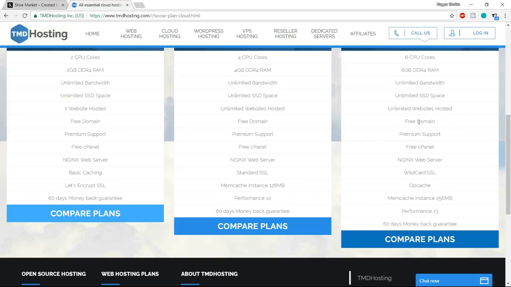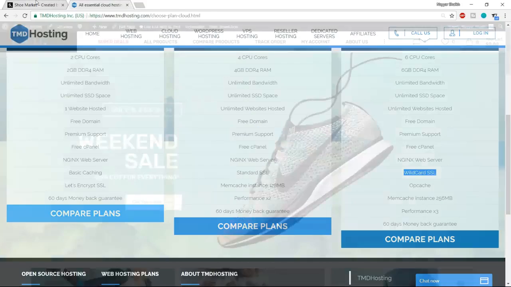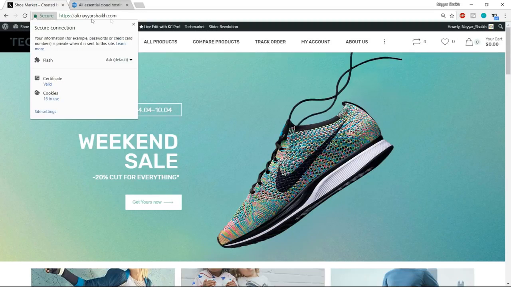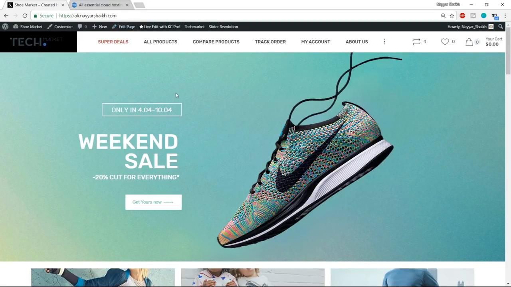Okay, we also get a free domain with this. We get premium support, free cPanel, beautiful web server, wildcard SSL. Now this is again a very important feature. Why? Now first, when you see the demo website here, you'll see this secure socket at the top, this green secure socket. Now this is very important, because if you don't have this and if you're running an e-commerce website,